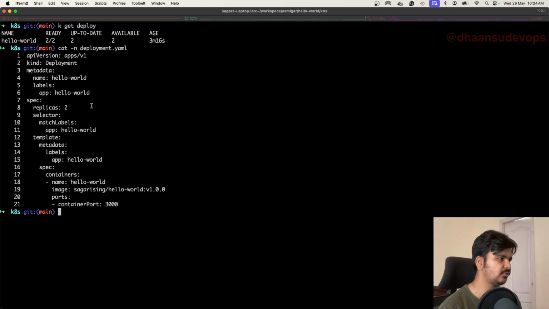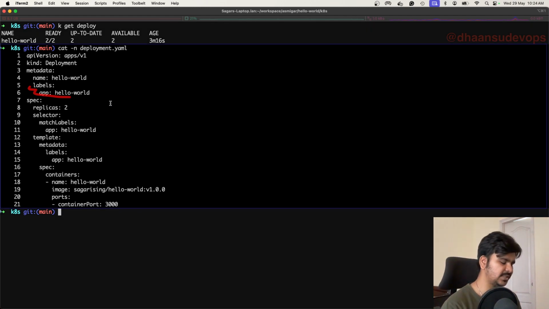First of all, let's think about line numbers 5 and 6. These are the labels that get applied to your deployment component. In Kubernetes you can attach any label to any component, which is just a key value pair, and you do that to keep things more organized. And if you want to query any deployment with that particular label, you can do it.